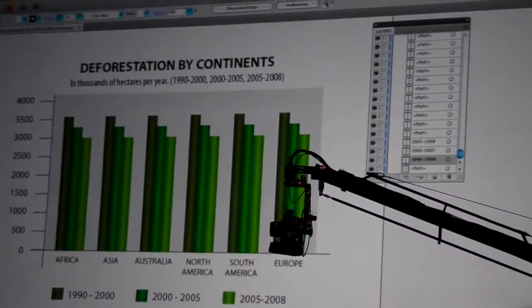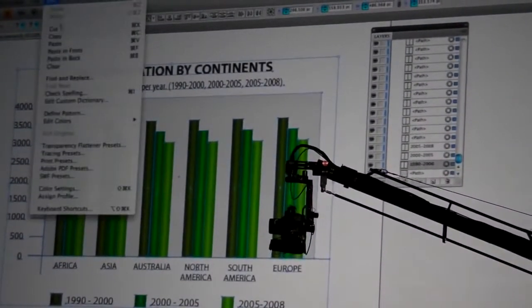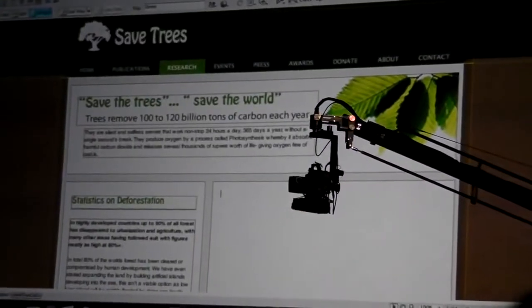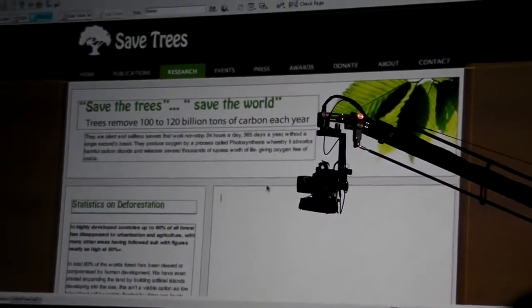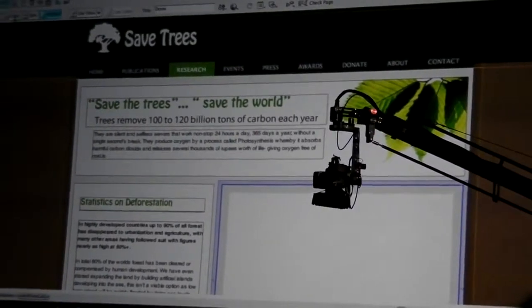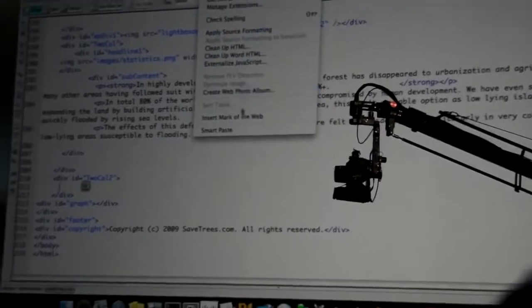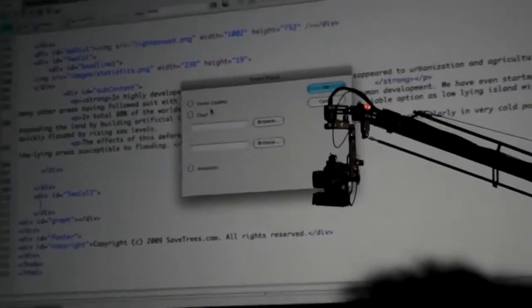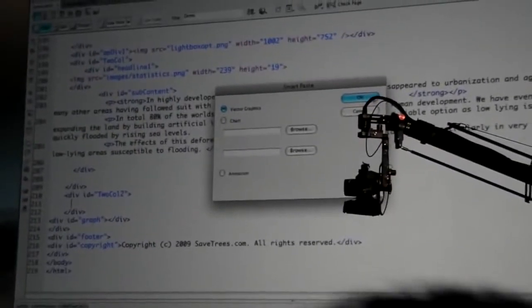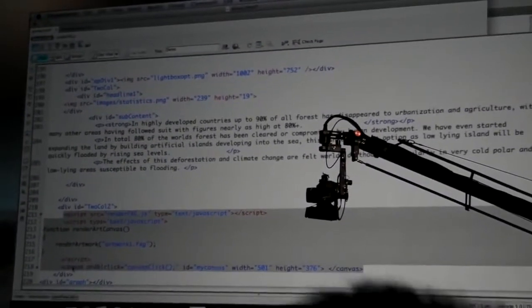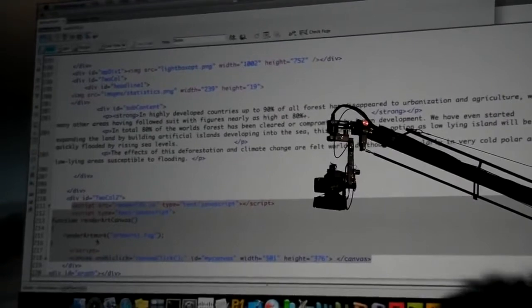So let's start by selecting everything here, do a copy, go over to Dreamweaver. So we want to paste this design here. So let's go to the code view. We want to insert some code here. So let's choose this new command here, which is a smart paste, and choose vector graphics option. So you can notice that Dreamweaver has inserted a HTML canvas here along with some JavaScript code.